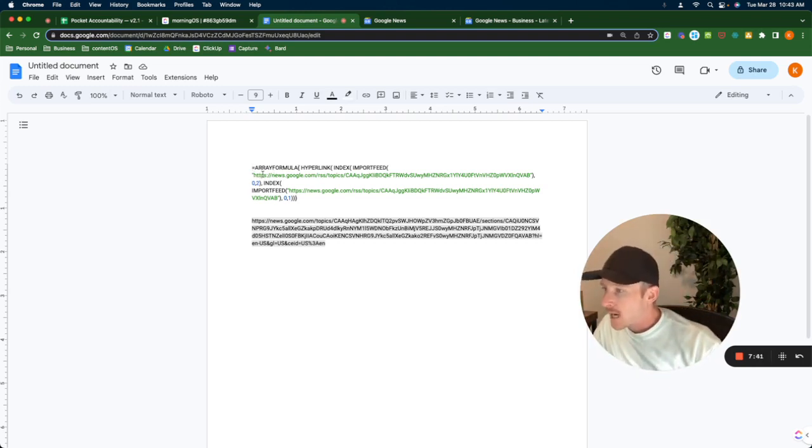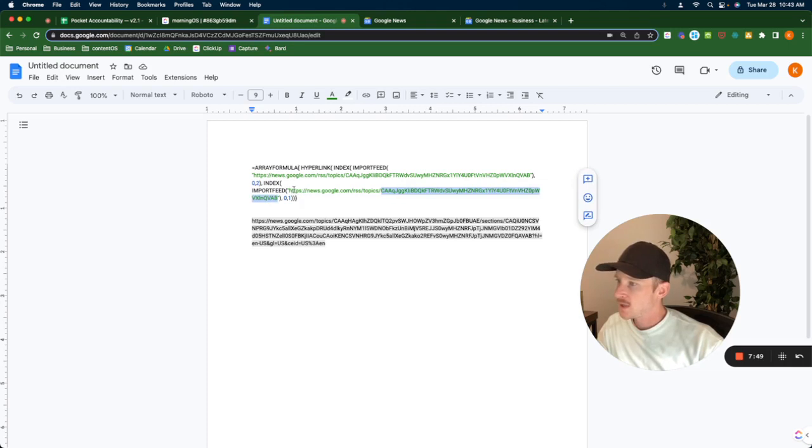These two must be the same. And then, of course, you're looking for just this ugly slug because https news.google.com rss topics is the same on both, just that ugly slug. But this one is local. So my understanding is that this would be